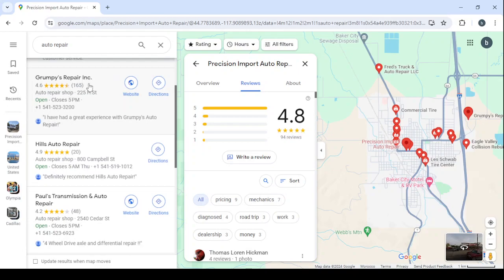So here I'm going to choose another profile. I'm not going to choose this one, they have more than 165 reviews. I think you understand how you can make money with this method. The only thing that's left to explain is how you can deliver these services. So guys, if you convince this business owner to pay you $100 or $150 for the website creation, then you will just go to